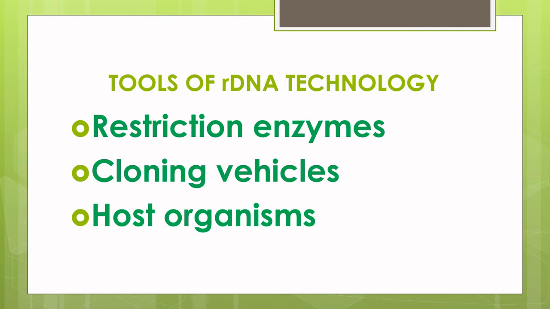Recombinant DNA technology can be achieved with the help of some elemental tools. The different tools would be: one is the restriction enzymes. The enzymes include the restriction endonucleases, which help to cut, polymerases, which help to synthesize, and ligases, which help to bind. The restriction endonucleases used in recombinant DNA technology play a major role in determining the location at which the desired gene is inserted into the vector genome.